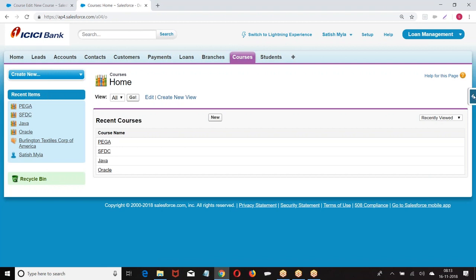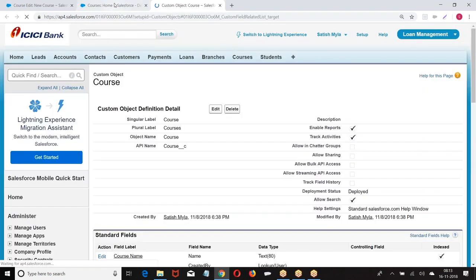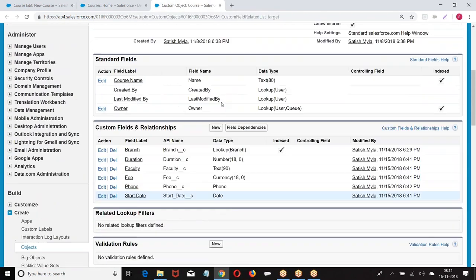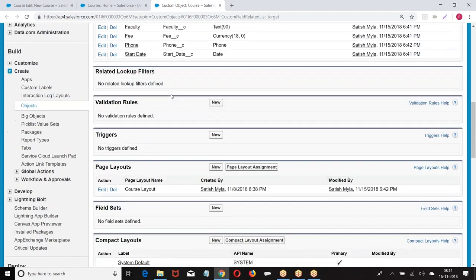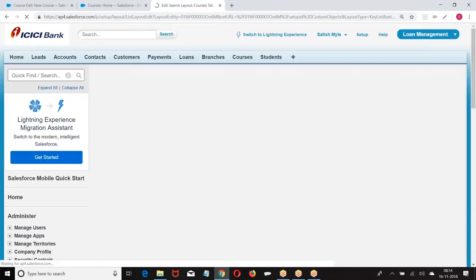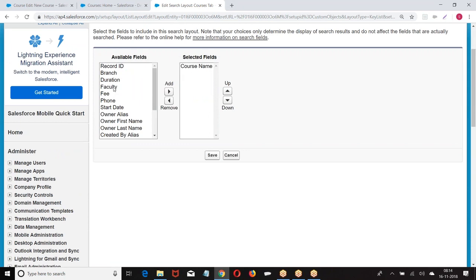We are taking a course object. When you take a course object, when you click on the tab, which fields are getting displayed here? Only the name field. But we have a couple of fields. When you have a group of fields, why is only the name field getting displayed? When you click on the tab, which fields of the object should be displayed? That we are going to control. Look at this. Custom fields. Scroll down. What are you finding here? Search layout. Here we have course tab. When you click on the tab of an object, which fields should be displayed here?